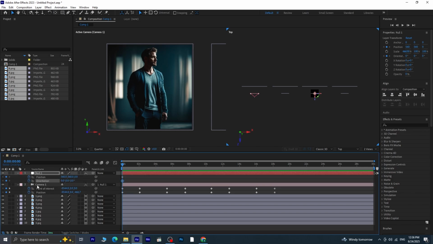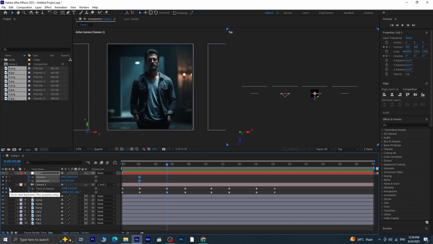Now go to the second keyframe of the camera layer and click the stopwatch next to position and orientation on the null object to create keyframes. If you had already created the keyframes earlier, just move them to match the timing of the second keyframe of the camera layer. Now move the bar indicator to the point where the second JPEG and PNG become stationary, and